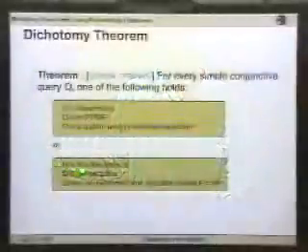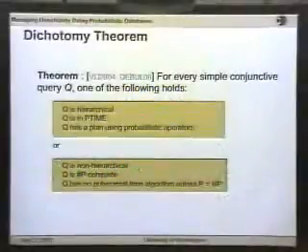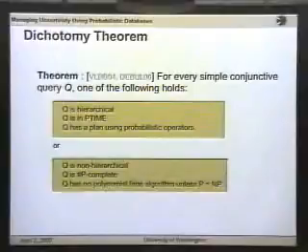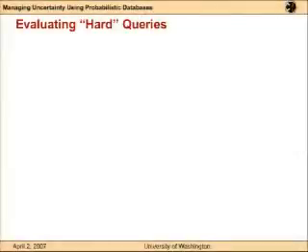But the other case is when the query is not hierarchical. In that case, you can prove that the complexity is sharp-P complete, which means there's no way you can evaluate it in P time unless P equals NP. So no matter how many operators you add into your algebra, you will never find a plan for this query. Okay, so such queries do occur in practice, and what do you do about them? We have two techniques to take care of them.